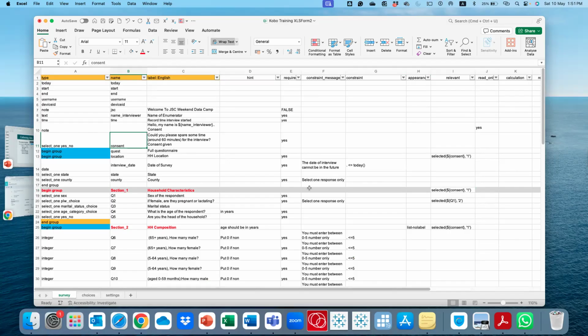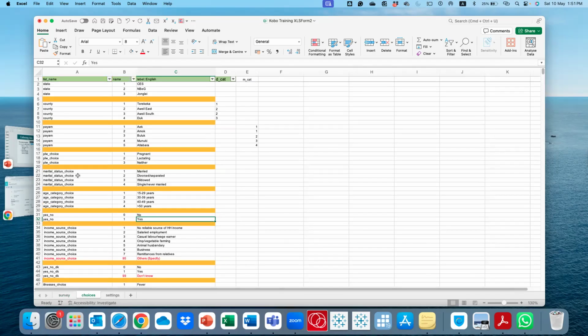So if you want to say this question will only appear if yes is selected, and say maybe only one of the states is selected. If you want to restrict your question to one state, maybe an example would be Northern Bahr el Ghazal. Northern Bahr el Ghazal is coded as 2.